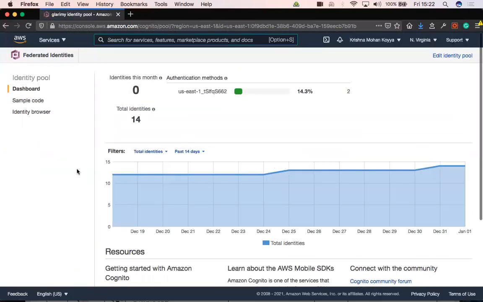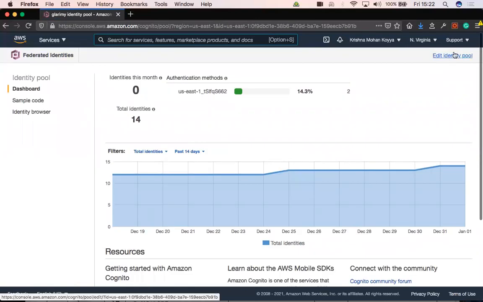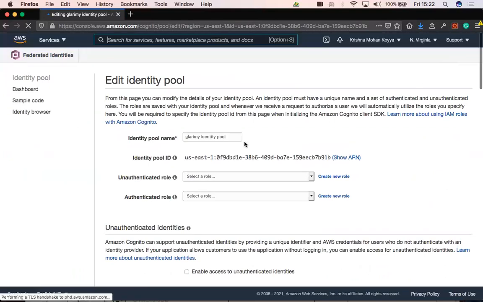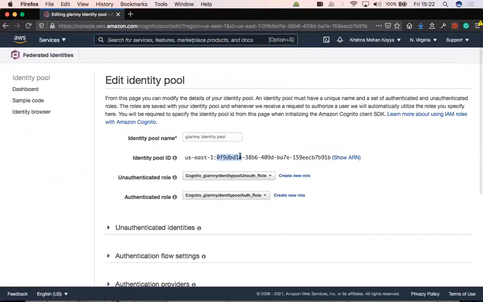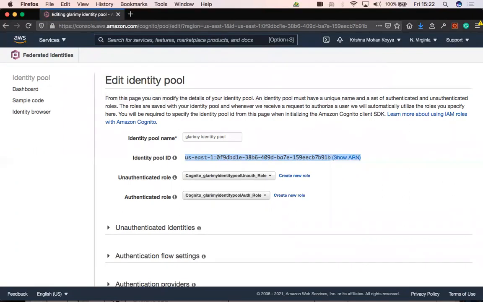An identity pool is about how many people are really identified with this particular one, like every time you sign in and so on. I'll show you this, but the important thing is that this identity pool will also have an ID. You see, this is an identity pool ID. If you just observe what I said so far, it appears that there are too many IDs or codes we need to have for developing a security layer from the client side.